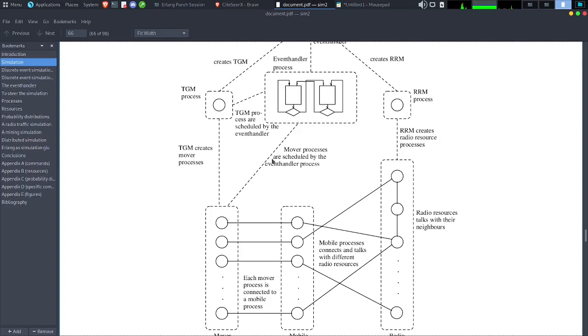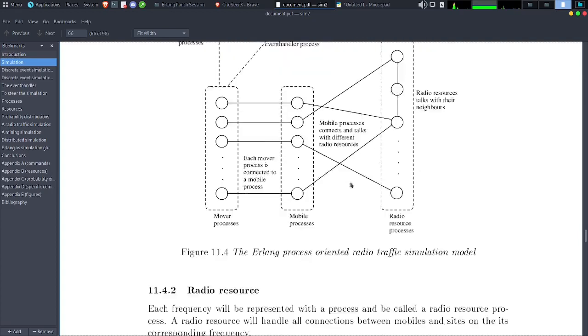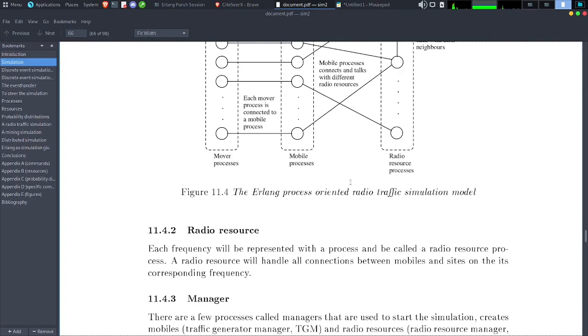The mover processes are scheduled by the event handler process. When this one is being modified, it will send a message to the mobile process, and the mobile process will communicate with the radio resources, and you will probably have some kind of synchronization between the messages or something like that.